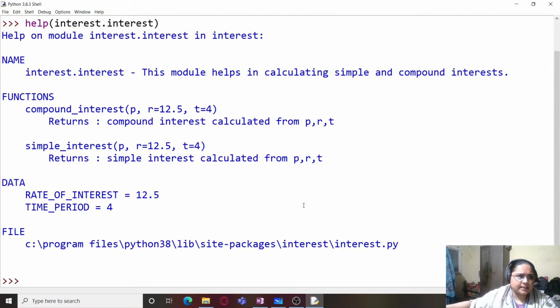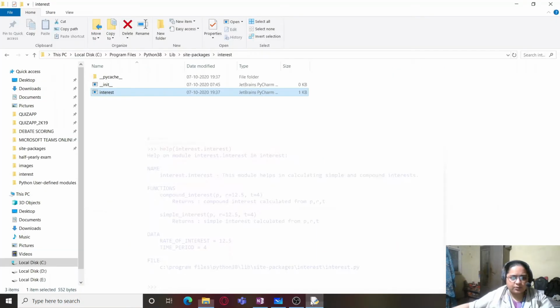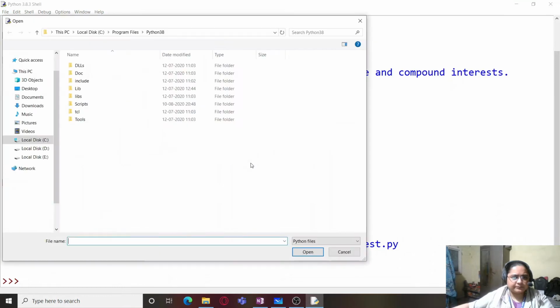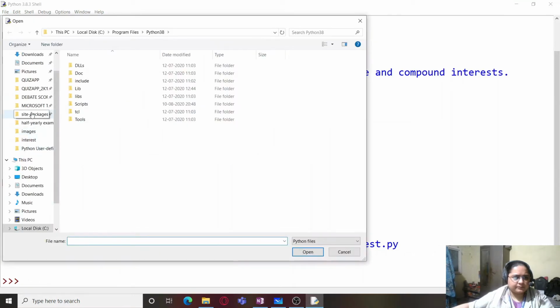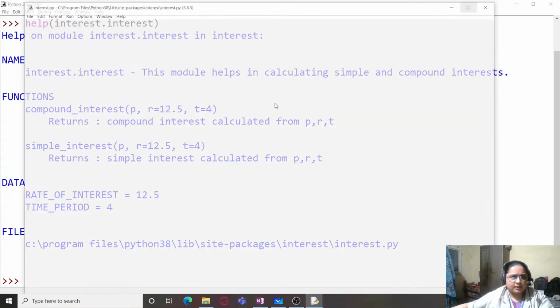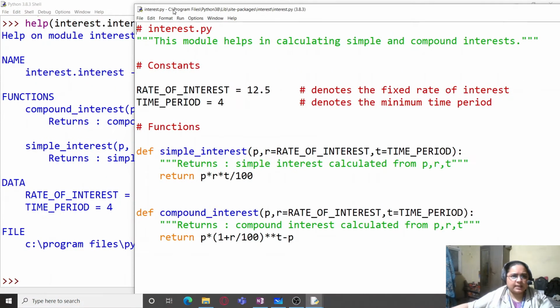When I press enter, you can see that it returns the entire information about the interest module. If I just show it to you, I'm just going to open it. Here you can see exactly the statements which are written.